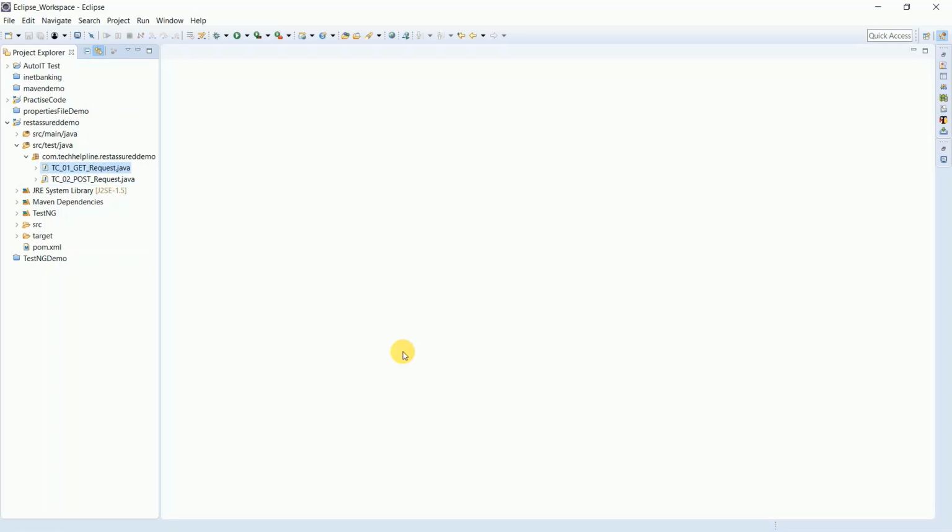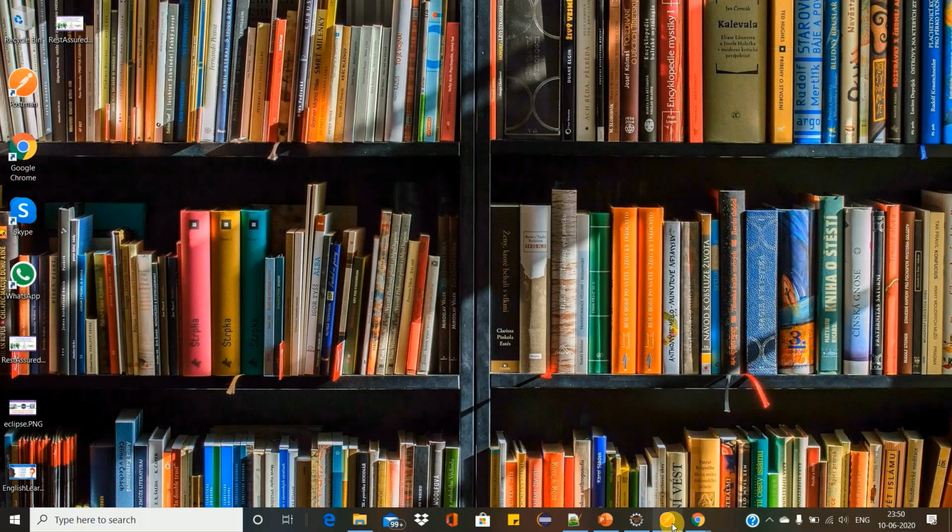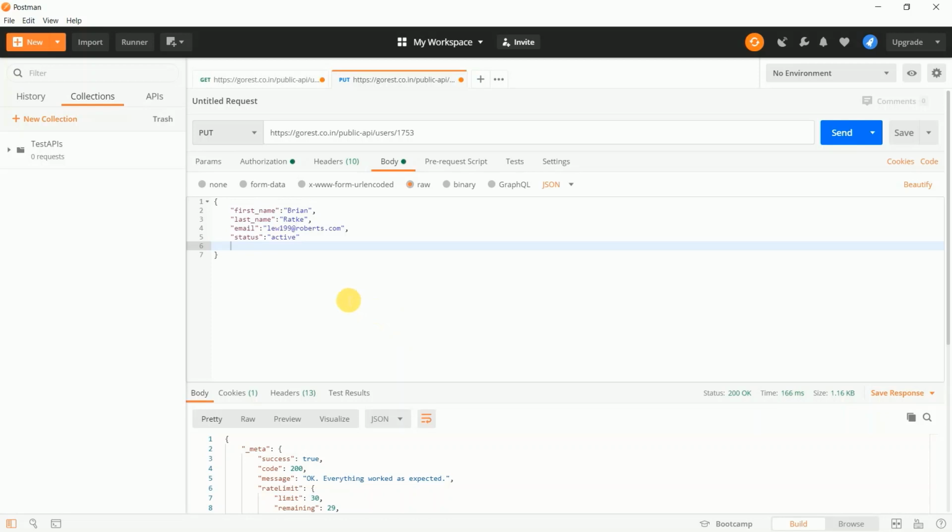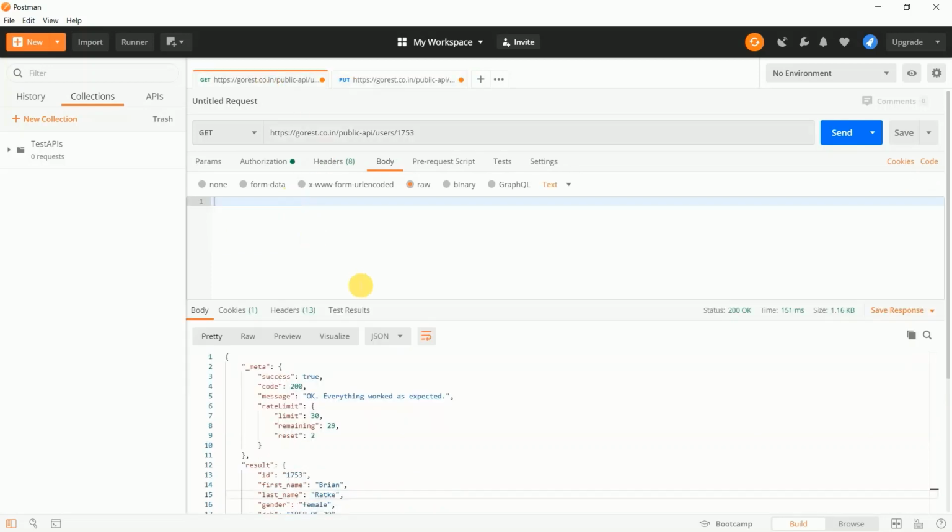So, guys, as I said earlier, first we'll see the request in Postman, then we'll write the code for the same request. So let's move on to Postman for the PUT request. So here we are in Postman. First I will show you which user's details we are going to update using the PUT request. For that, here you can see I have passed one user ID, 1753, and I have taken the request type as a GET request.